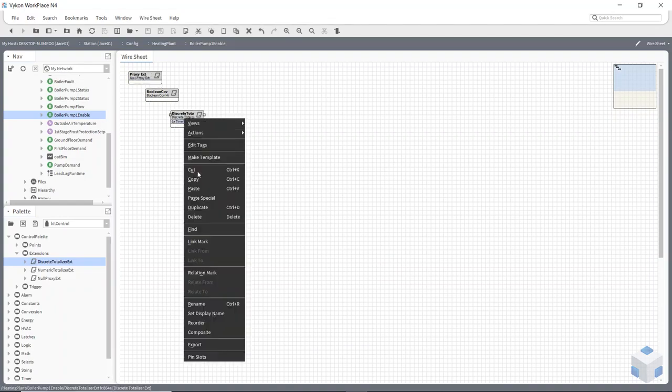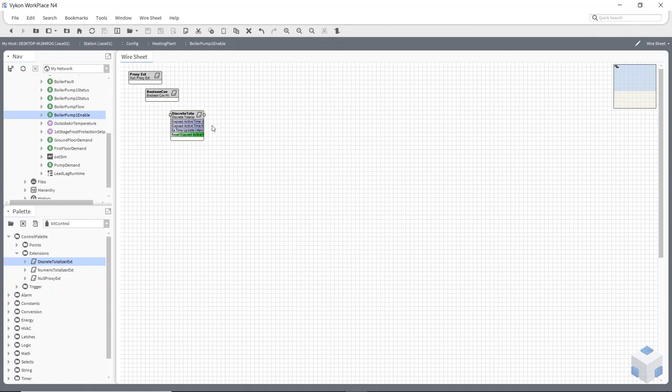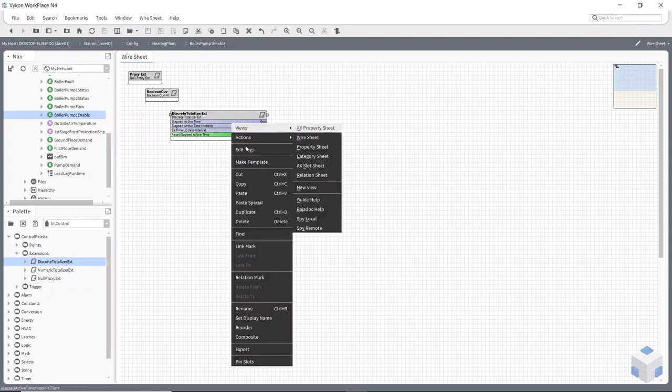If I pin these down, I need to get to my elapsed active time or numeric time, and my reset as well. You can see there that the one I need is in milliseconds, the elapsed active time. So if I link mark this,